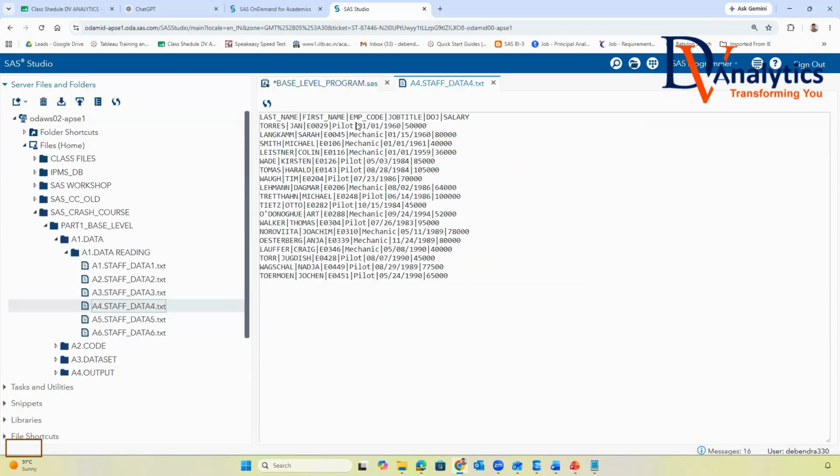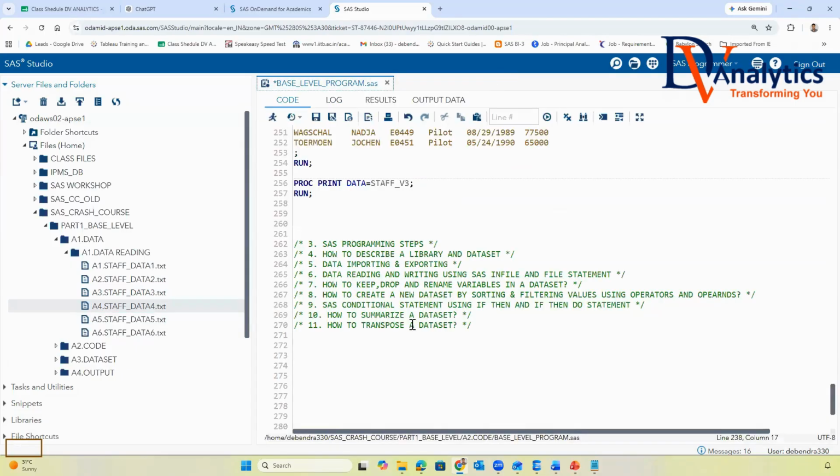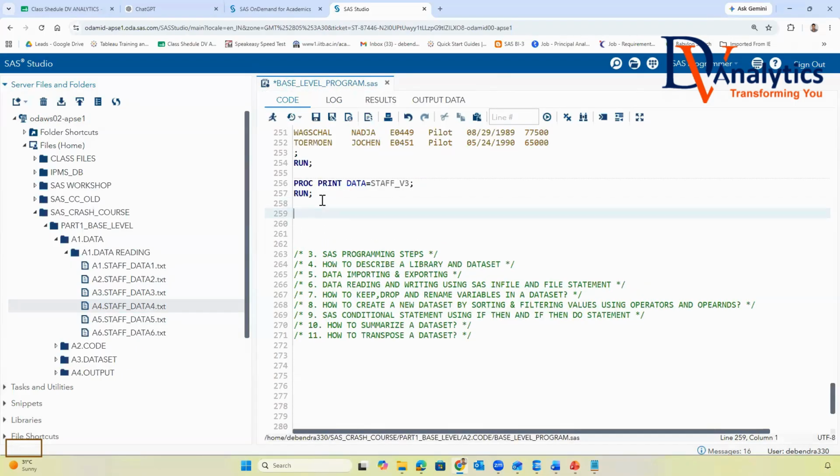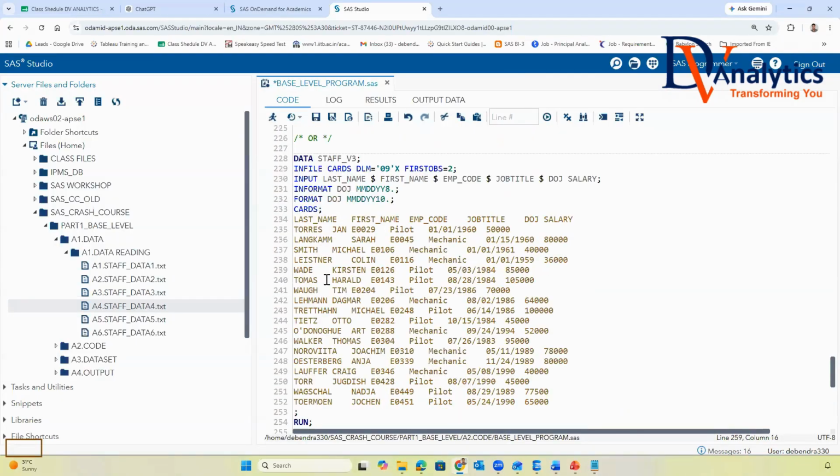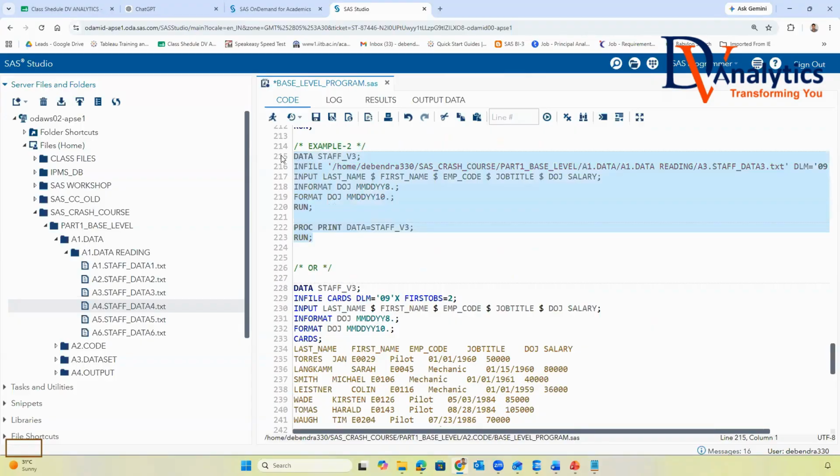Now we'll go for this 4. What is this 4 saying? What is the delimiter in this data, guys, everyone? Pipe. Pipe as a delimiter, right? So how do you go about reading this data when pipe is the delimiter? Example 3, right? So for this, I'll copy the same code.